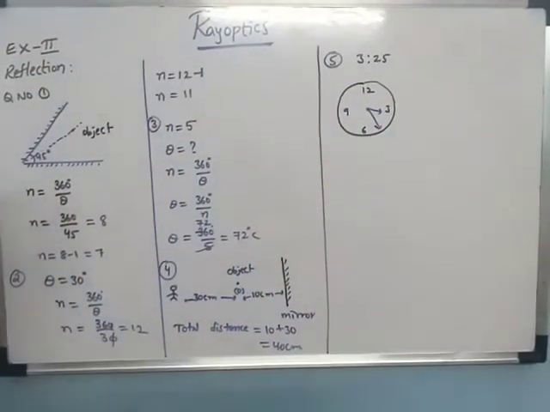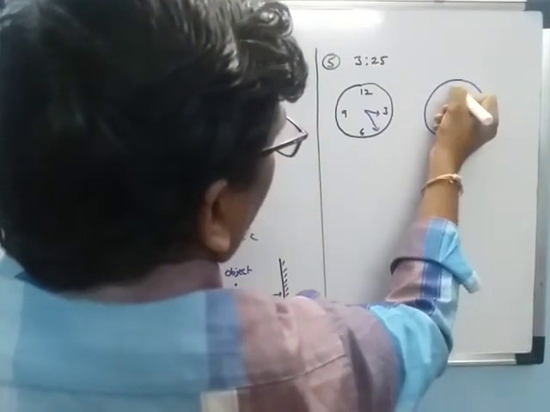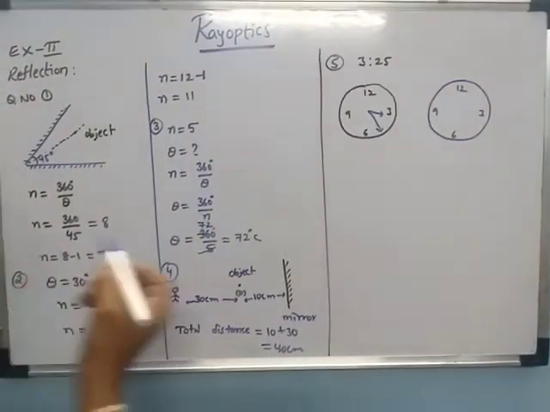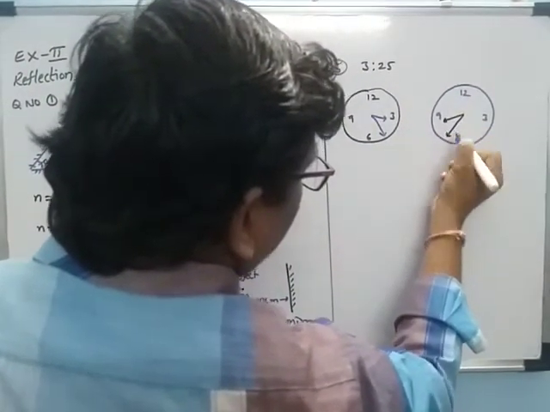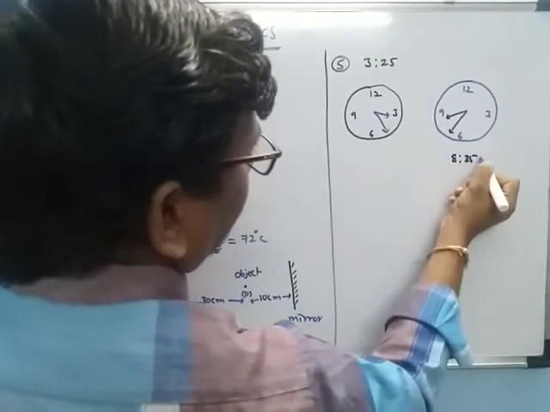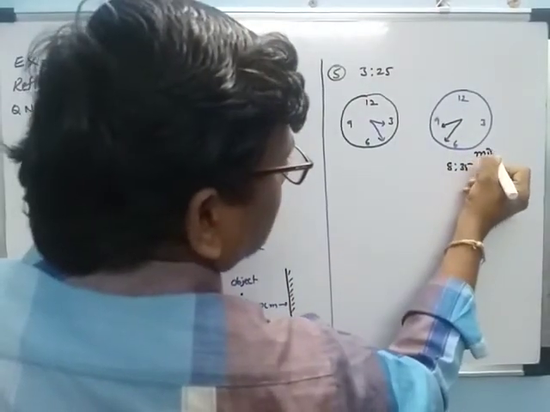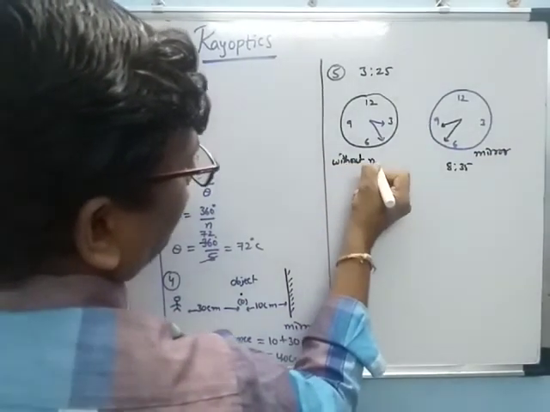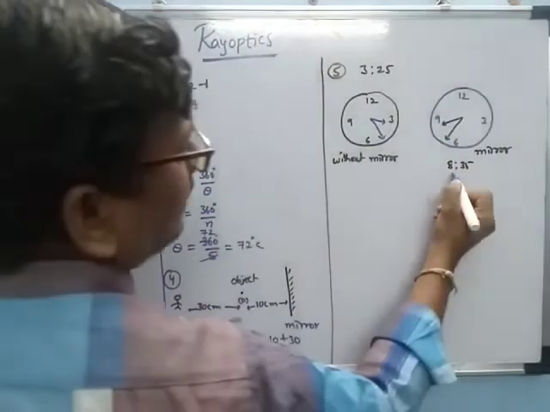Now it is located in the mirror. The clock positions 12, 3, 6, 9 will change. Now the small hand and the big hand come here. So what time is it? It is 8:35. This is the mirror image and this is without the mirror. This is the answer: 8:35.